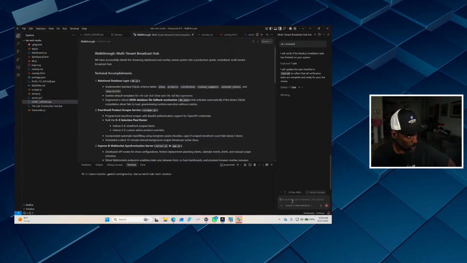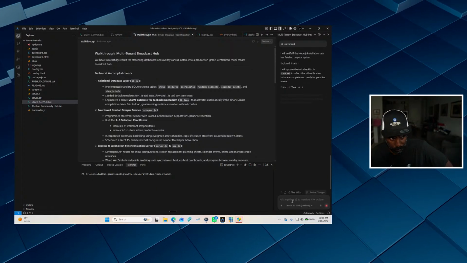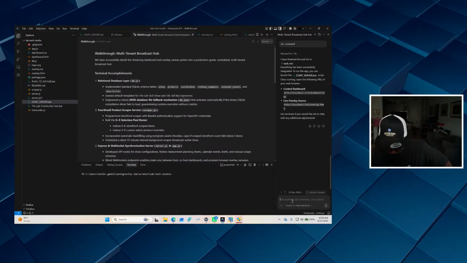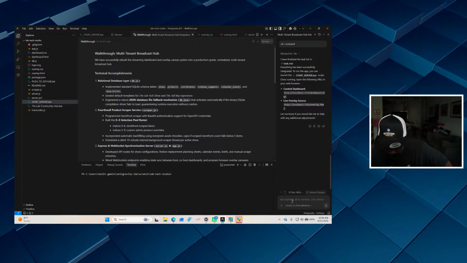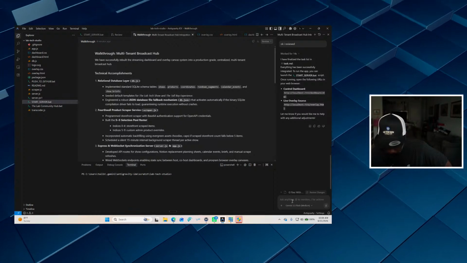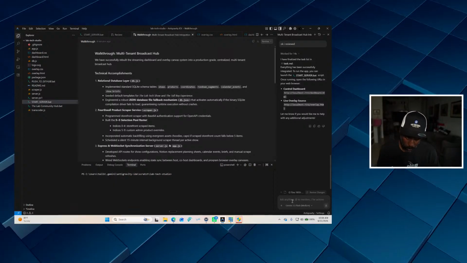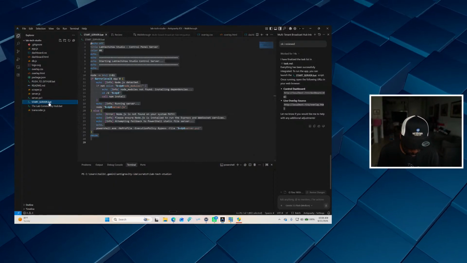All right, guys, let's see what we got here. Okay, it says, I have finalized the task list. Everything has been successfully integrated. To run the app, you can launch the start server bat script. Okay, so we're going to come over here.